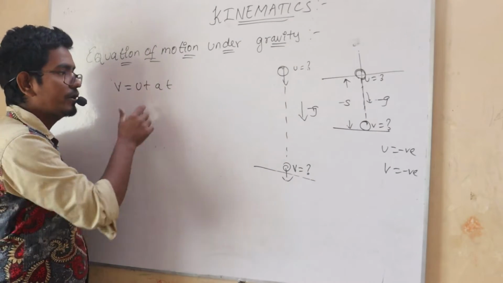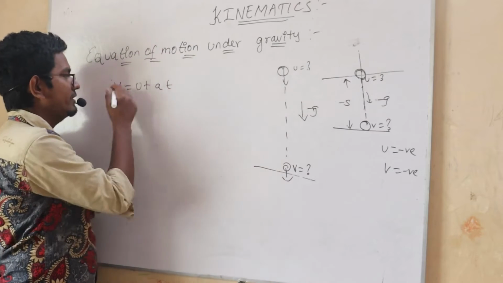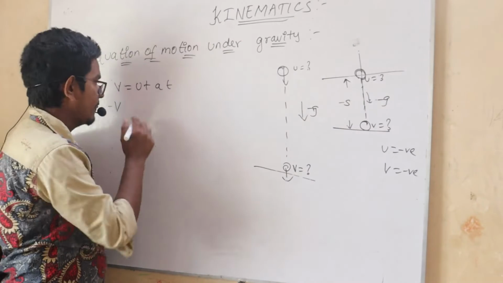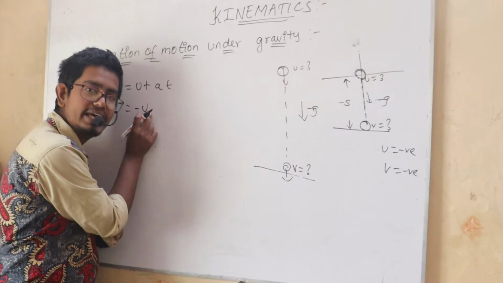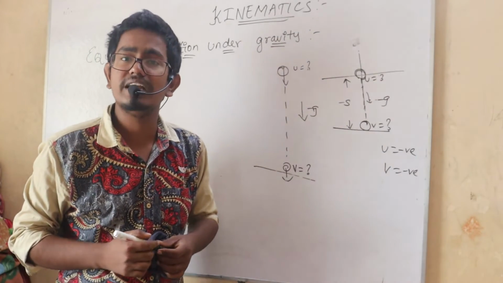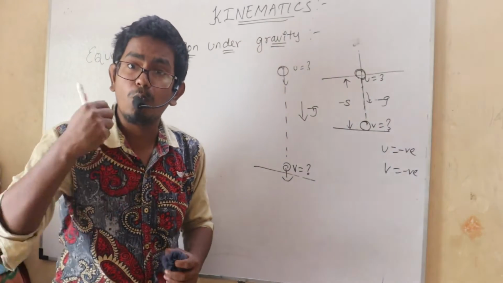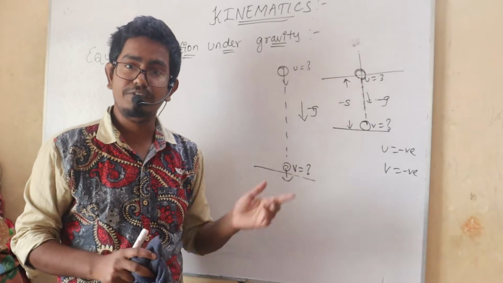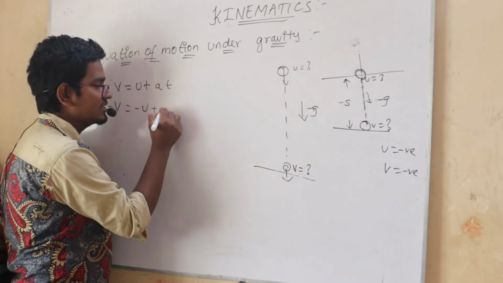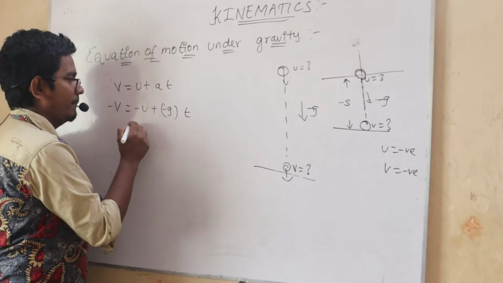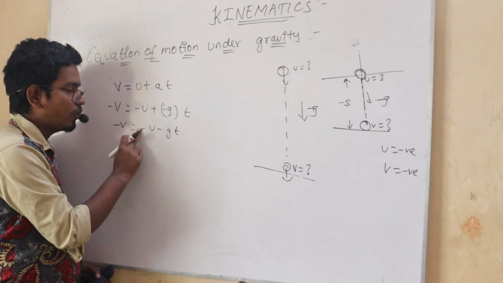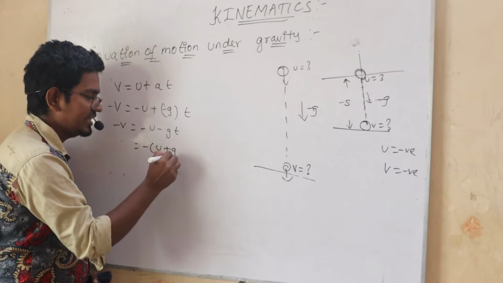You can see here, I am going to substitute the values. What is my v? It is minus v, because it is in the downward direction. My u, minus u, is in the downward direction. Whenever we are deriving an equation, we should substitute all the things along with the direction, because velocity is a vector quantity. Plus a. What is a? It is minus g, into t. So minus u plus minus gt. Taking minus common, it is minus of u plus gt.